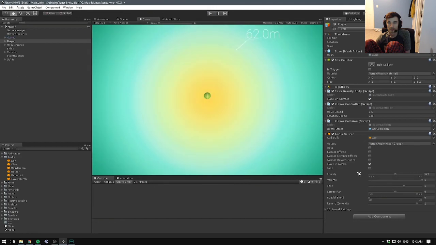Awesome. We have a bunch of ways we can configure this. Most important is the volume of our sound and the spatial blend. This controls whether or not you want your sound to be played in 2D or 3D space. If you select 2D, it will always be played with the same volume in both speakers. However, if we slide it towards 3D, the volume of the sound is going to depend on how close our audio listener is to the audio source, and it's also going to factor in stuff like the Doppler effect,